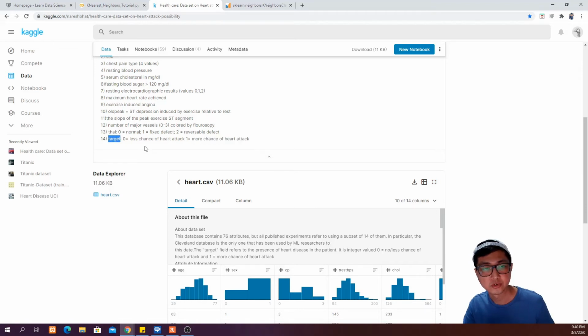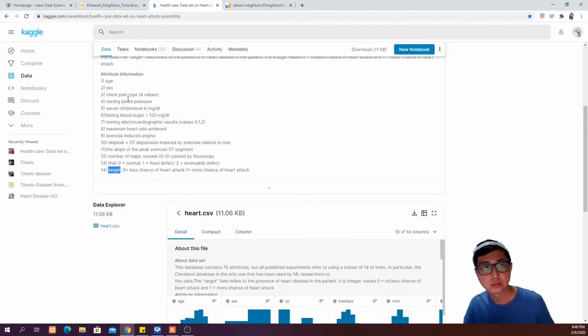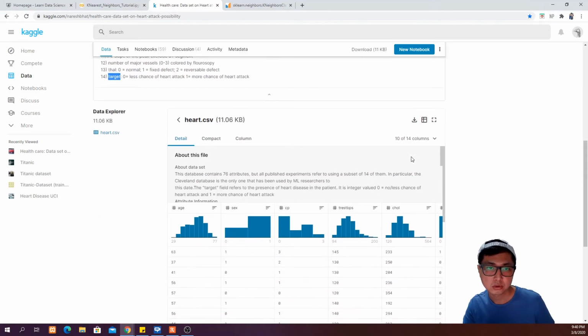which is the variable that we want to predict or classify. We're going to take in these other variables, and then from there we are going to ask k-nearest neighbor to classify whether a person has 0 or 1, which is a less chance of getting a heart attack or more chance of getting a heart attack. So go ahead and download this data set and save it in your folder,